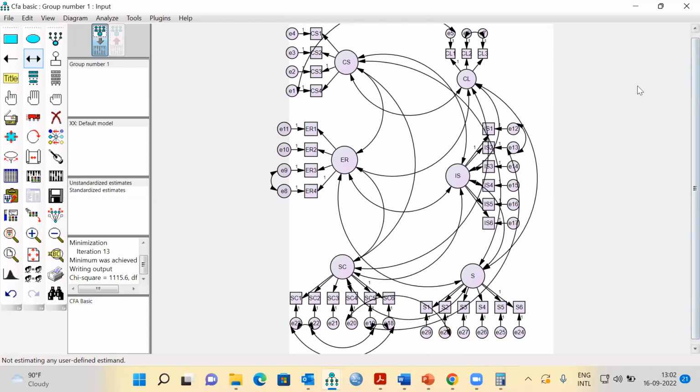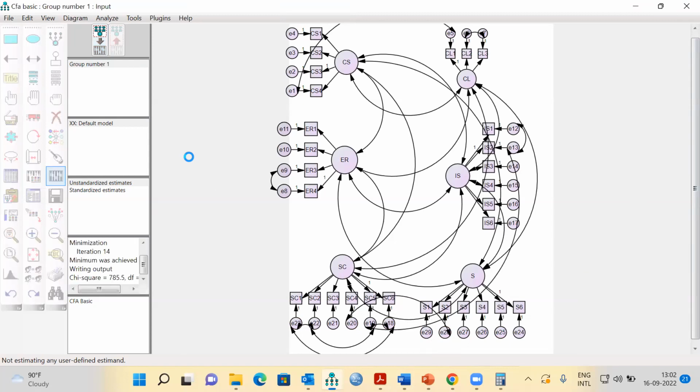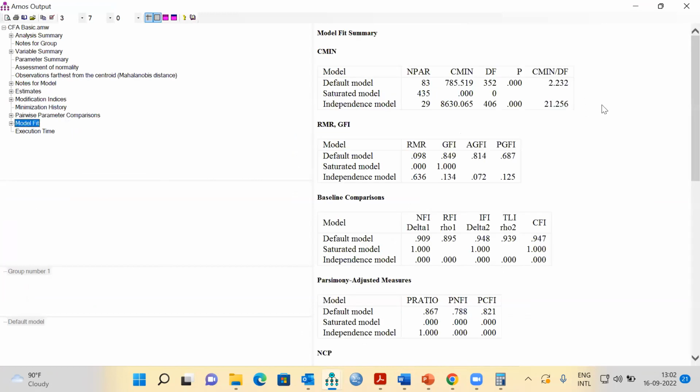Once you have drawn these arrows, you need to rerun the analysis. Once the analysis is run, you again go to the output and now check the model fit. You can see a marked improvement in most of them. Chi-square by degrees of freedom has improved. GFI has improved from 0.786 to 0.849. AGFI also has improved. NFI, RFI, IFI, TLI, CFI, all of them have improved, and almost all have gone above 0.9